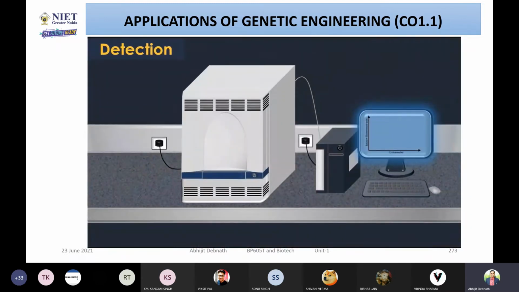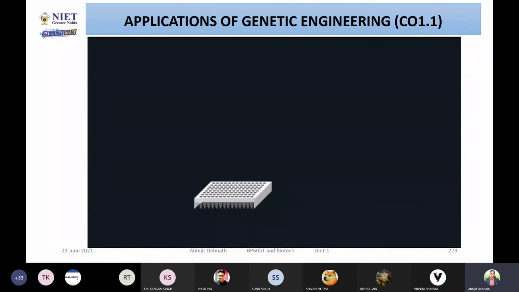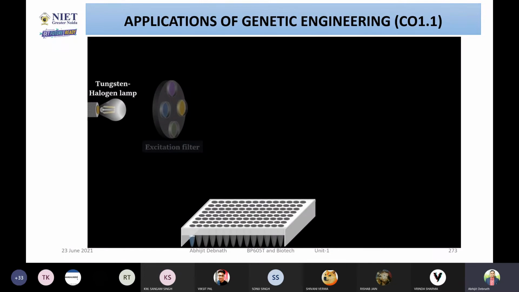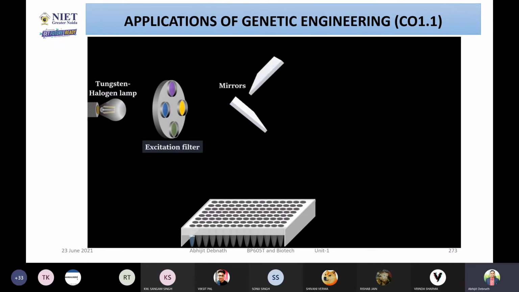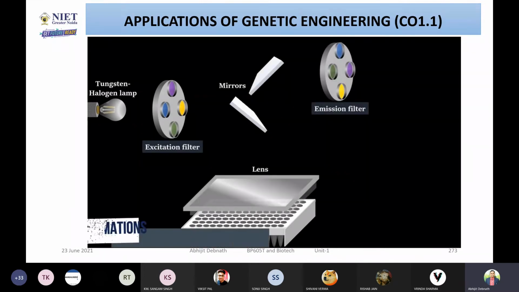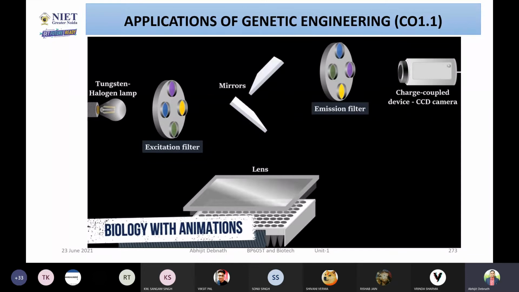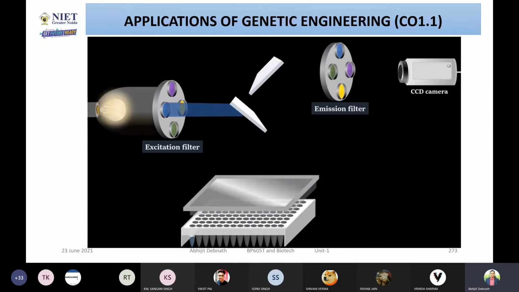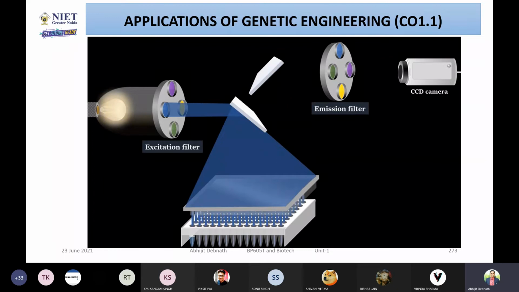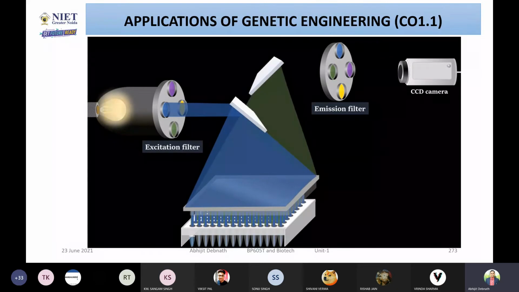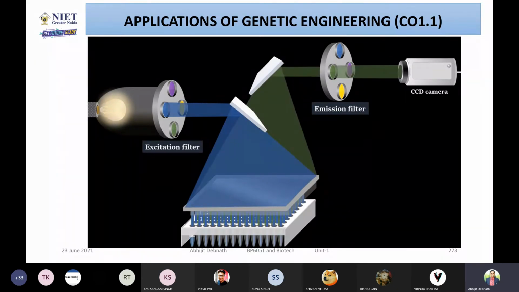And then the measurement of the fluorescence signal is the last step. A tungsten halogen lamp, an excitation filter, mirrors, a lens, an emission filter, and a charge-coupled device CCD camera are used. Filtered light from the lamp is reflected off the mirror, passes through a condensing lens, and is focused into the center of each well. Then fluorescent light emitted from the wells reflects off the mirror, passes through an emission filter, and is detected by